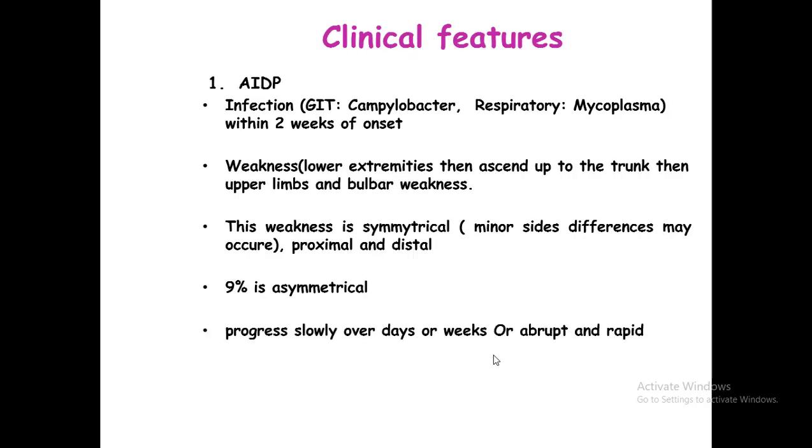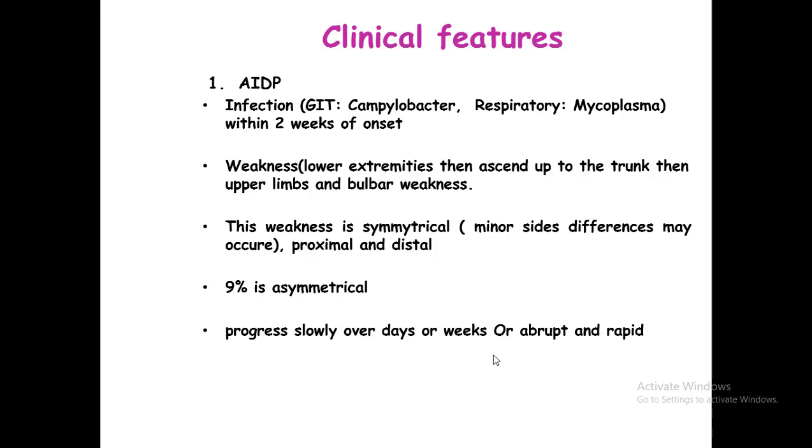The clinical feature, as we said, there is an infectious event in 60% of the cases. Most likely a GIT infection like Campylobacter or a respiratory tract infection like Mycoplasma, followed by onset of a neurological manifestation, which is weakness. The weakness is usually ascending, involving the lower limbs,